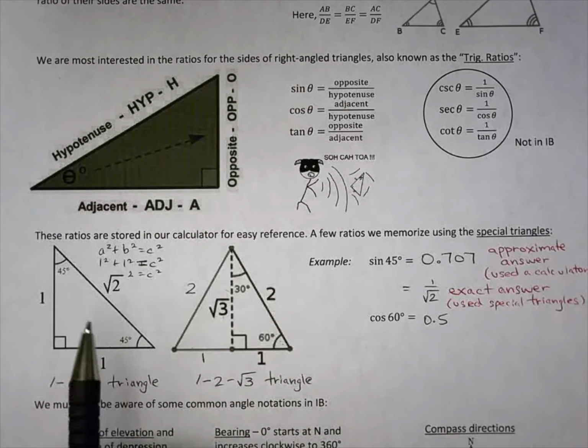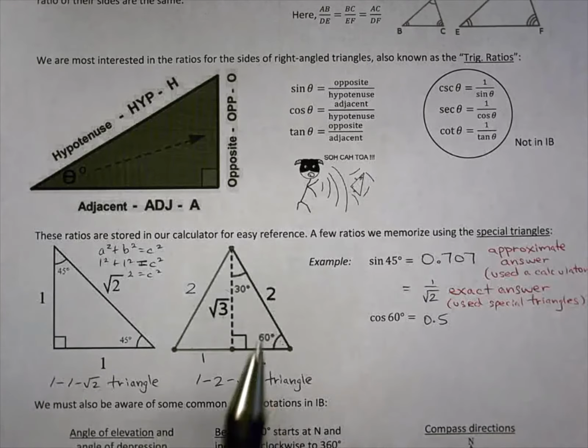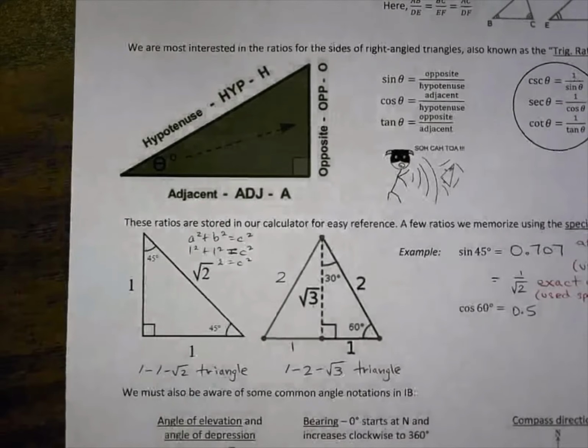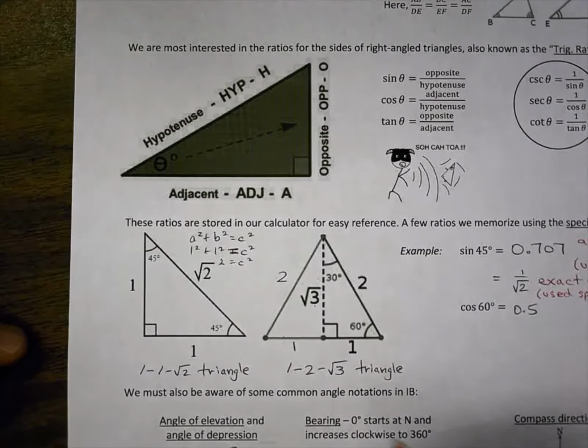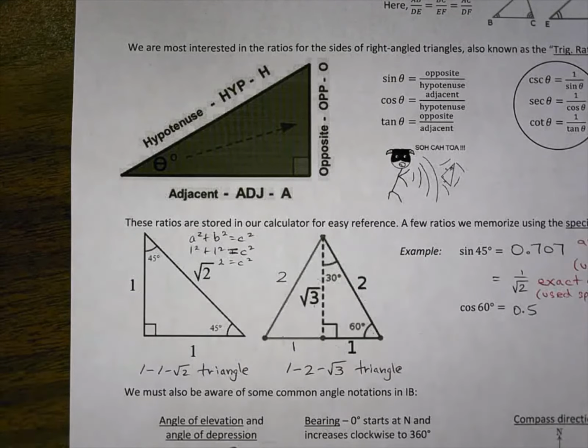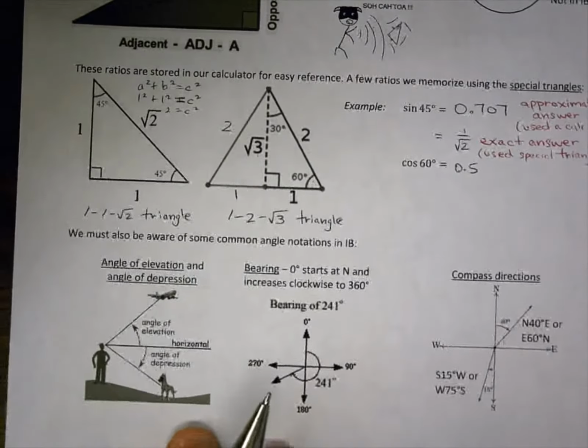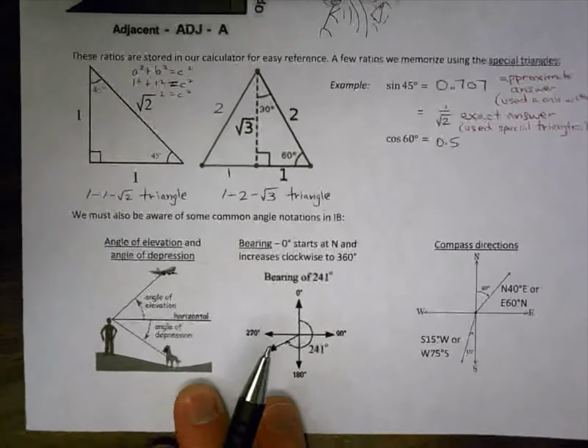Hopefully you can remember them, you know how to sketch them. They're not on your formula sheet, but again, my strategy is to draw an isosceles triangle with 1 and 1, and here is to draw an equilateral triangle with all 3 sides 2. Okay. Before we get to some problems, let's go over some other common things that we talk about